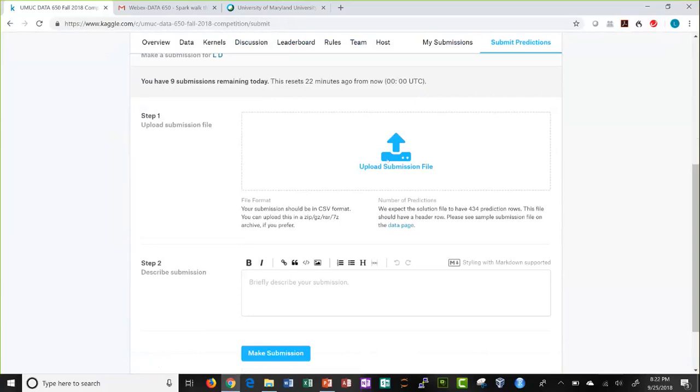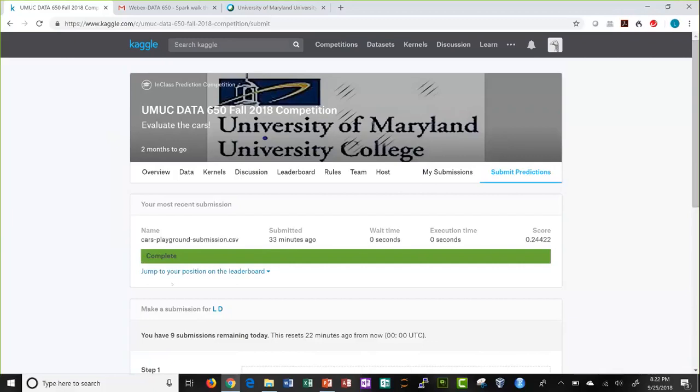Once it is uploaded, it will score your file right away. In a few seconds, it will show you the score. As you can see here, I just submitted a CSV file half an hour back, which was just an average. This is a benchmark file, and I submitted it again. As you can see, it showed me the score right away.